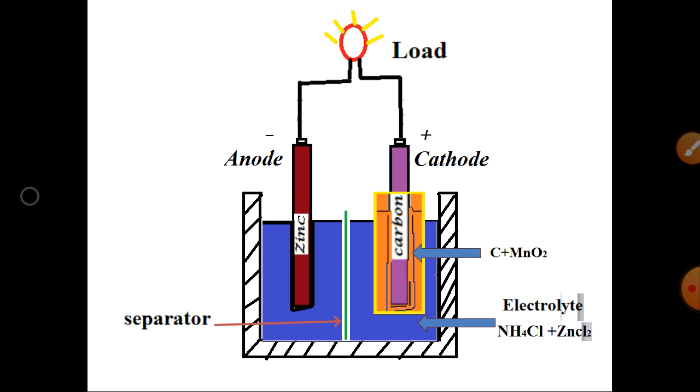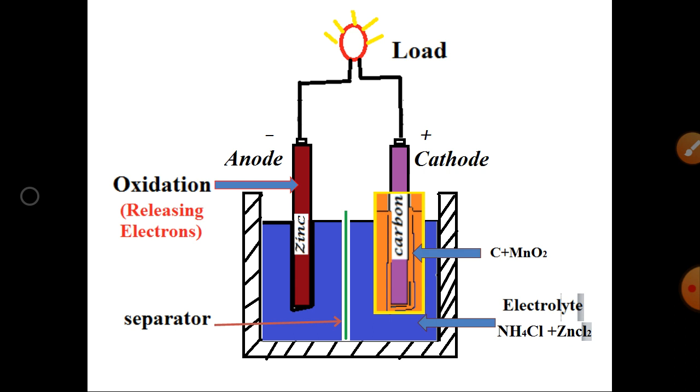So whenever we externally connect the load, only then are the electrolyte and the metals, like zinc and carbon, reacted. That is, the chemical reaction between the electrolyte and the metal rod will happen. In the zinc rod, the oxidation process, that is the chemical reaction, occurs. Oxidation means the releasing of electrons. The zinc rod undergoes oxidation because it is placed in the electrolyte, right?